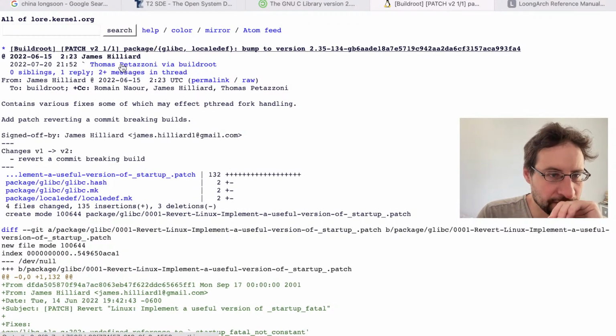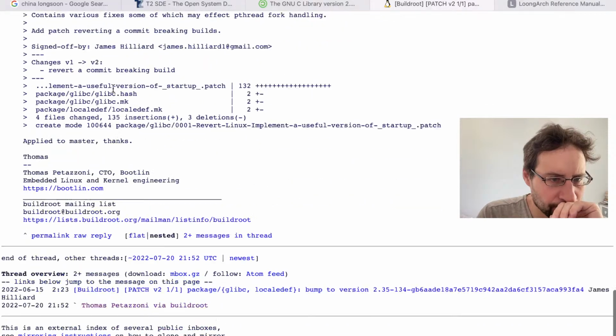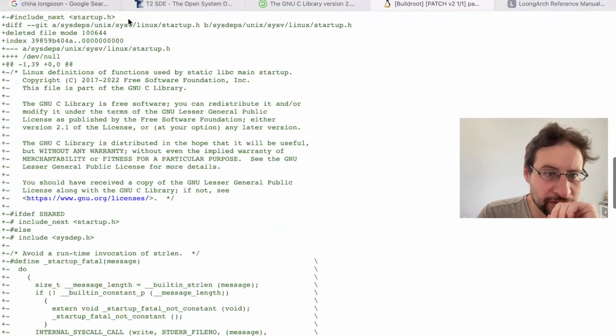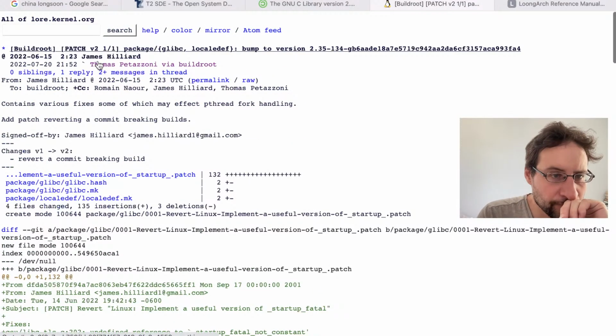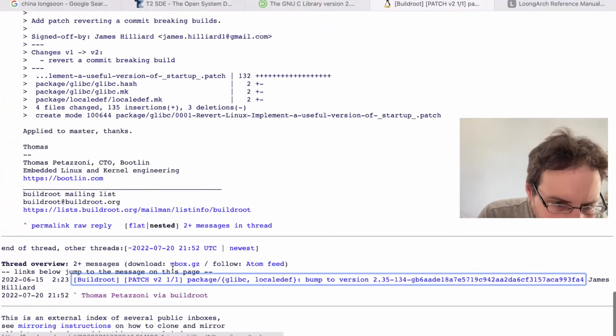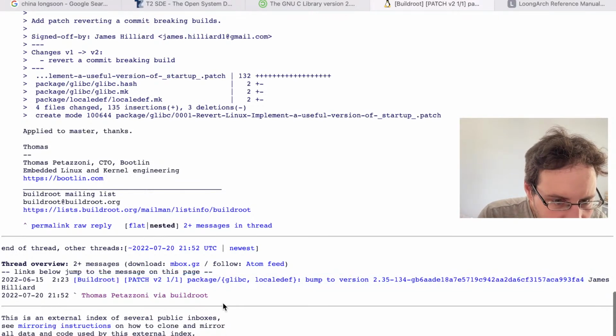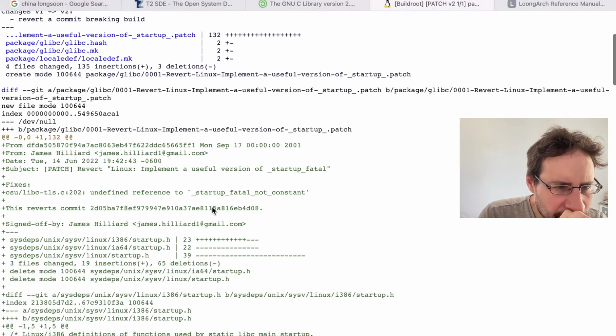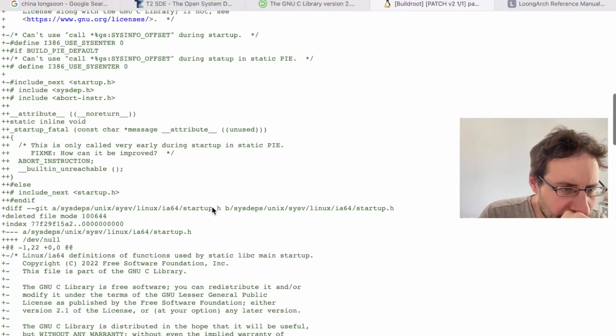Where is the beta patch for Buildroot? I would really like a better copy-and-pastable version of that. Where's the whole thread? Don't make me download. The whole mbox gz, please. Patch version 2.1, version 2.1.1. Or wait a second, or is it actually, oh wait a second. Oh no, this is,